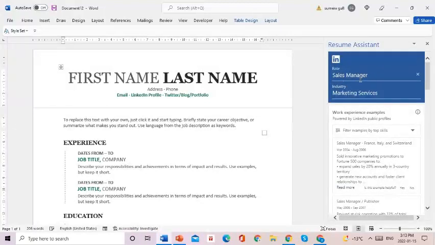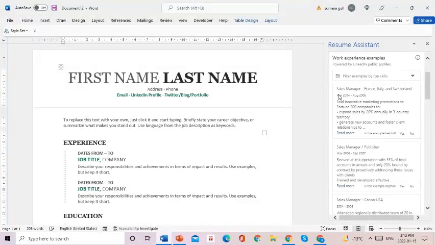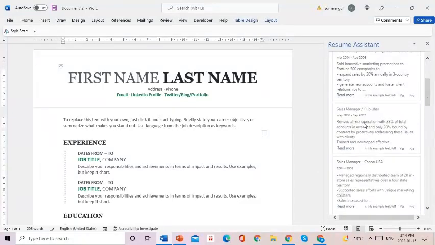What it does for you is, when you put a role right here, and then you put which industry you want to work in, you just enter it here, and you will notice that it will give you job experience examples or ideas that somebody has already done, so you can put your experience and your accomplishments in a nicer way. These are the examples of your experience. They're already there, so you can use them.